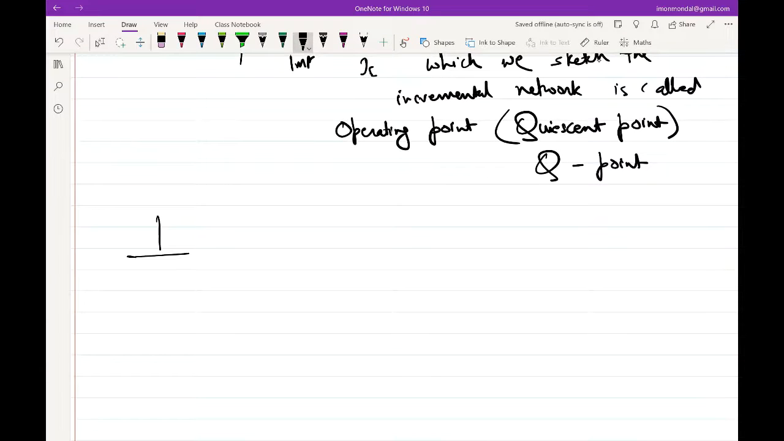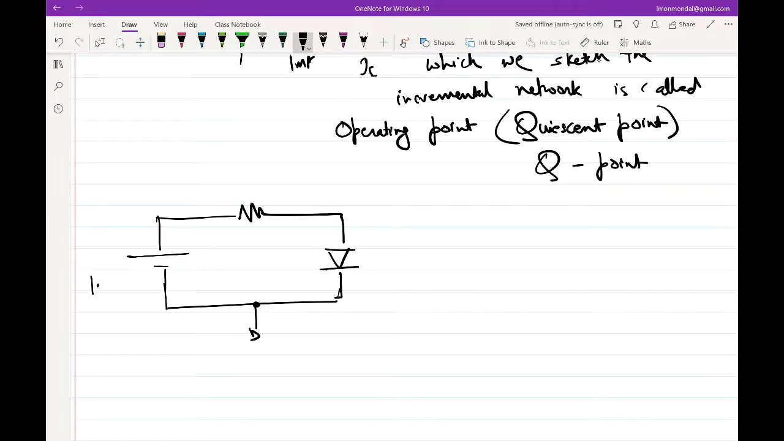So let's say we have the same network with a diode. Let's assume that I have applied 1.7 volt here. This is, I don't know, maybe 1 kilo ohm. And like we said in the previous class, for a range of